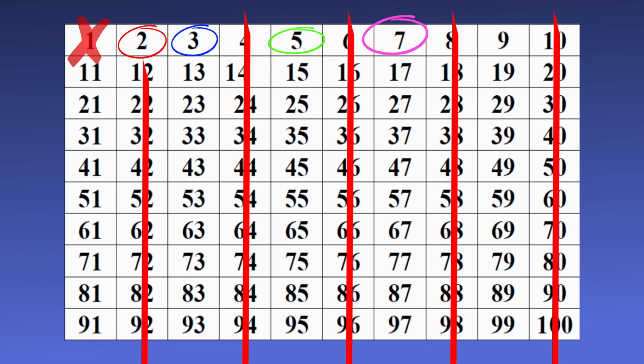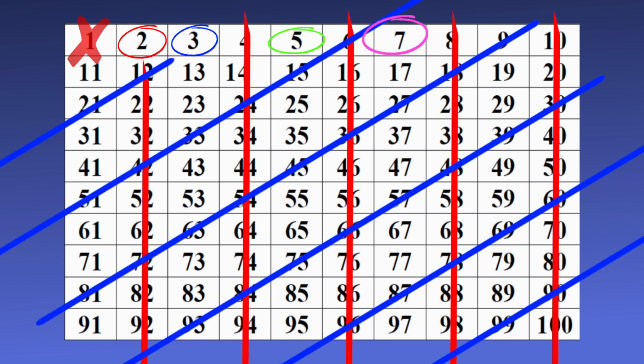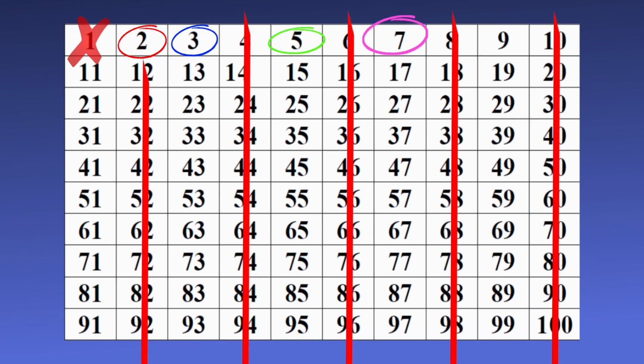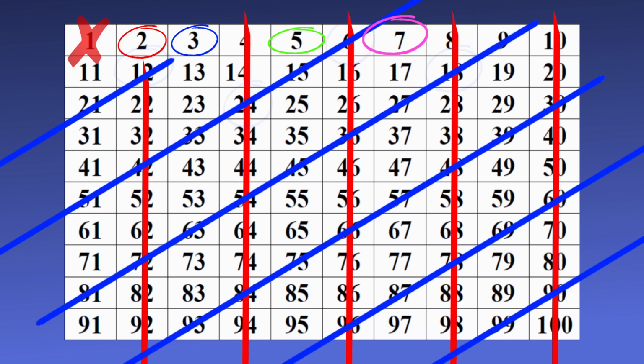Now let's take the number 3 and eliminate its multiples. Now be careful here, some of the multiples of 3 are also multiples of 2 and you already eliminated those. Some examples are 6, 12, 18 and 24. If you're trying this at home, I would suggest using a table like this and running through your multiples with a straight line like I have. Then you won't have to look for the same multiples more than once. It will save you time.